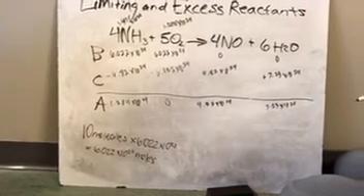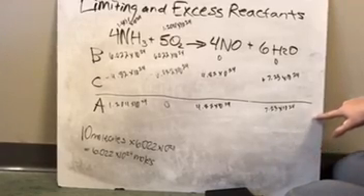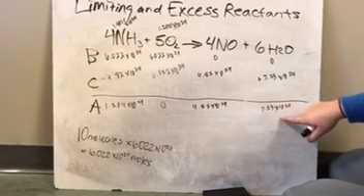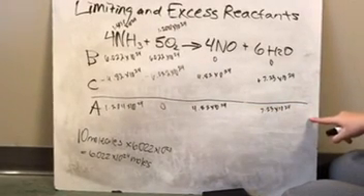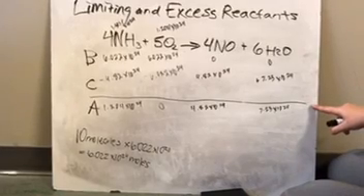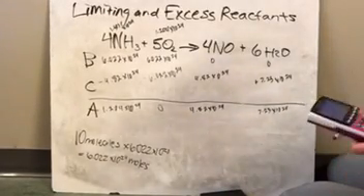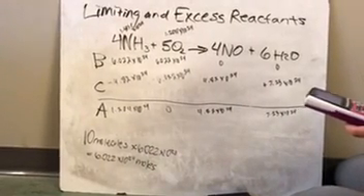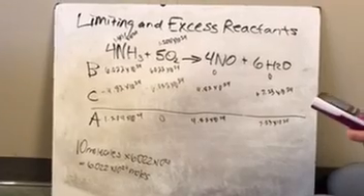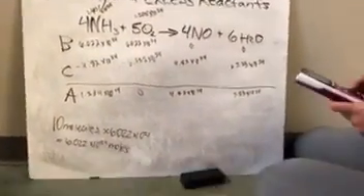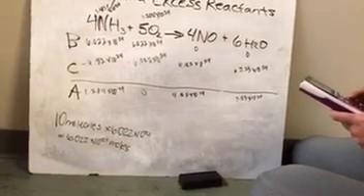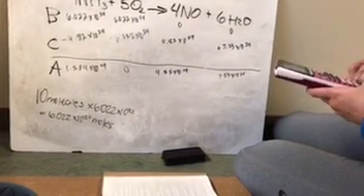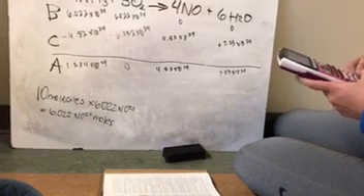So the question asks us to determine how many molecules there are left in the container after the reaction has gone to completion. So to do this, we are going to take the moles of all of the compounds that are left and divide them by Avogadro's number, and then add them together, and that'll give us how many molecules. So to start, we'll start with the ammonia over here. We got 1.204 times 10 to the 24th divided by 6.022 times 10 to the 23rd